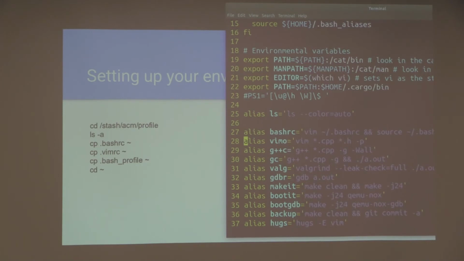It's going to be alias work equals and then that. Say that again? You add in another L there. Okay. Yeah.